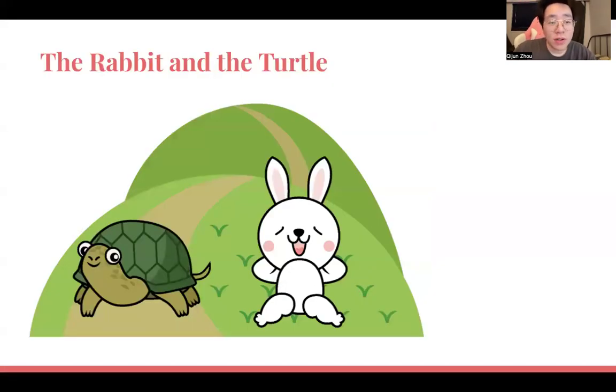Did you guys ever hear about the race of the rabbit and the turtle? The rabbit can do a lot of movements, like jump up and down or turn left or right, and maybe sleep. That's why he loses. But the turtle can always go forward. Maybe he can spin towards another side, but always goes straight